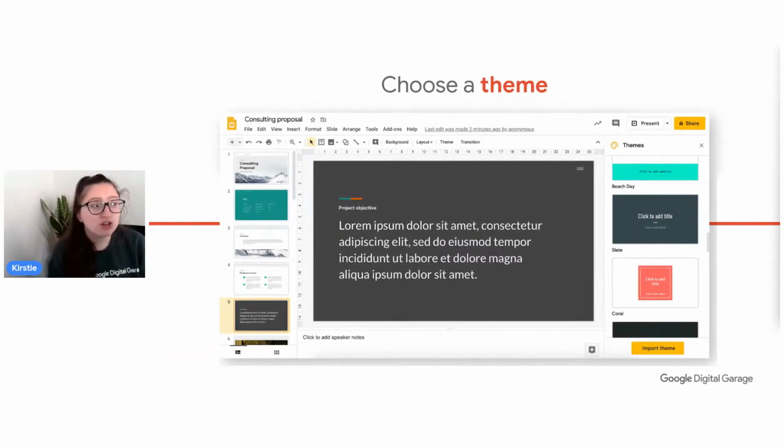With Google Slides, just like with Keynote and Microsoft PowerPoint, we can choose a theme. We can customize how that presentation looks. You can also import a theme. So if you've got a theme from somewhere else, those of you that are a little bit more techie and feel confident doing that, maybe you've built your own theme, or your organization has provided you with a theme, which sometimes happens, you can actually choose a theme to make sure that all of your slides have a feel, they have the same background, they're using the same font, the same text, and it's consistent,